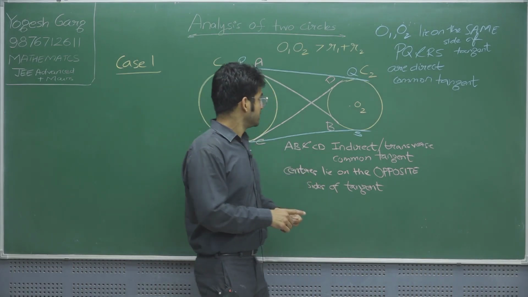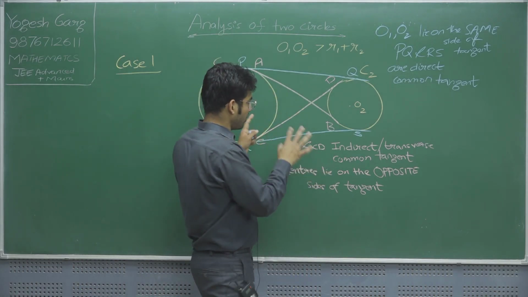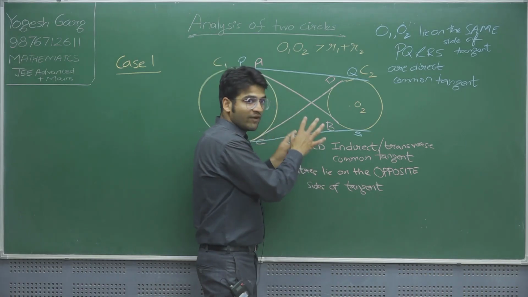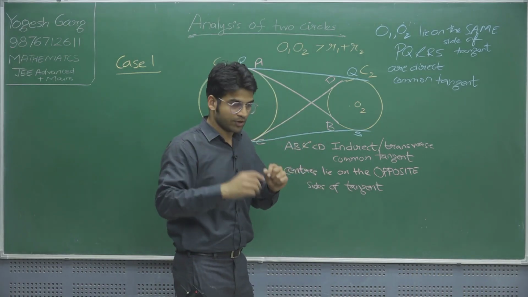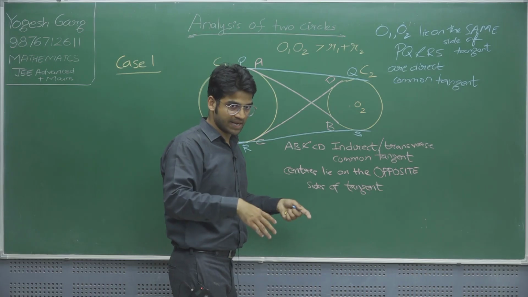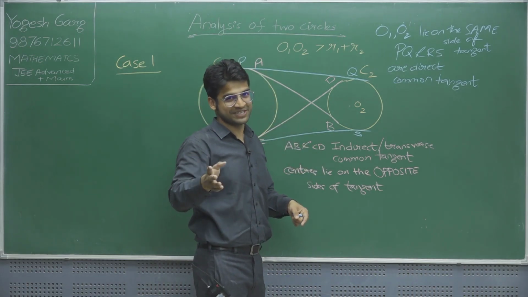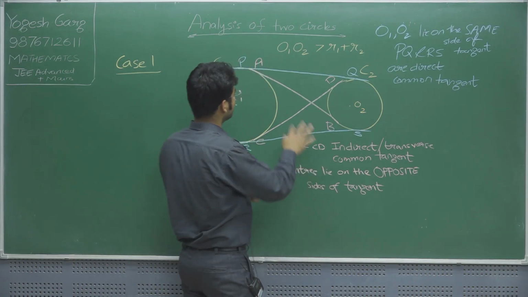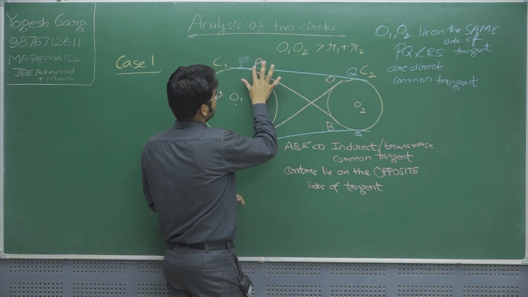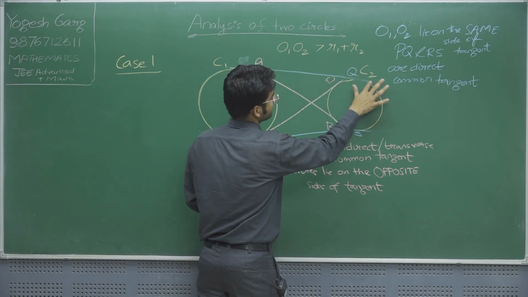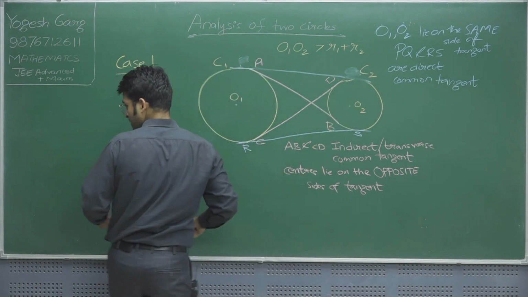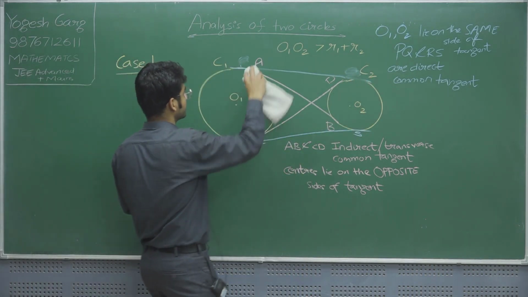So first thing first, we should now study how to find the length of AB and CD and whether they are equal or not. So I am rubbing this figure and making it again the main part, so it's easy for me. Not easy for you, you have to make a separate figure for this. So let us rub PQ and RS.